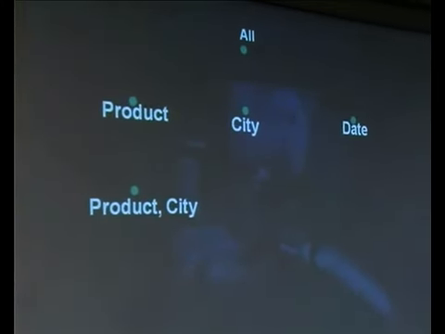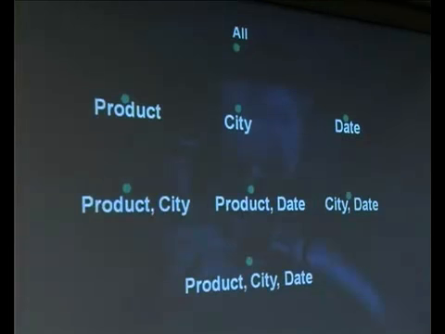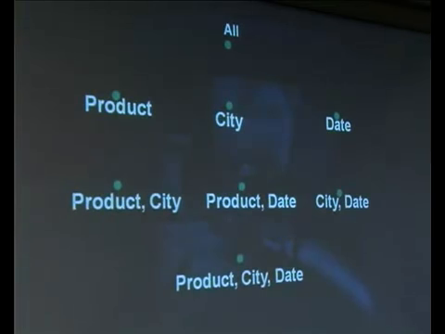If you take these 3 elements, we have three combinations of two-element sets: product city, product date, city date. And also one combination which contains all three perspectives, namely product, city, and date. As I mentioned, since there are three dimensions involved here, we have 2 to the power of 3, that means 8 combinations. All those 8 combinations are displayed here. I will show why it is called a lattice